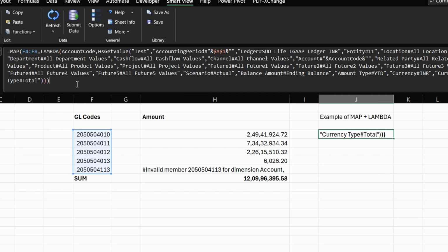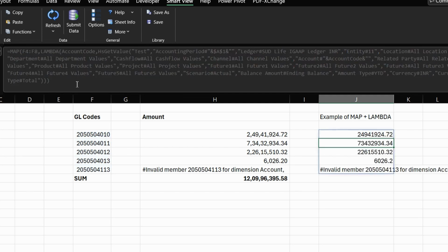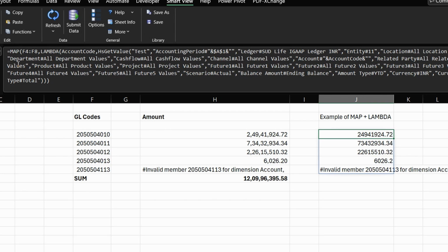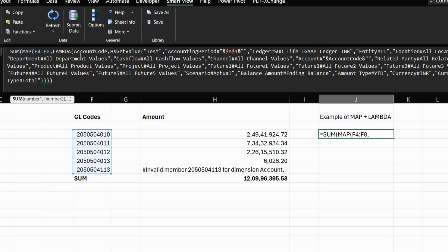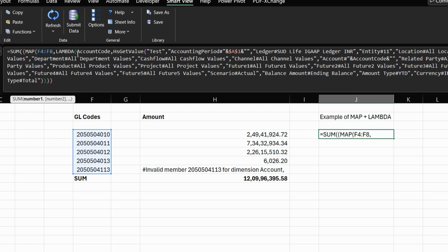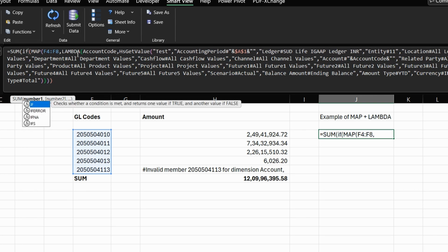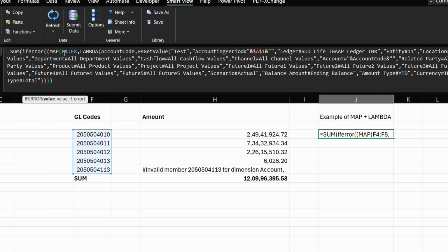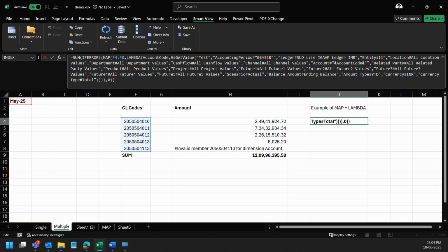So now as you can see we have got the values of our GL codes in separate rows including the invalid GL as well. So now let's sum up these values. Let's use the IFERROR function as well for better error handling. Now everything is fine, and with a single HSGetValue formula we fetch multiple GL codes at once, which is something